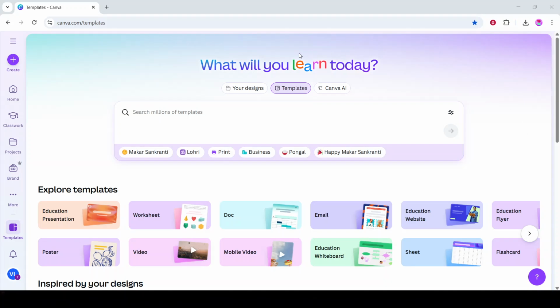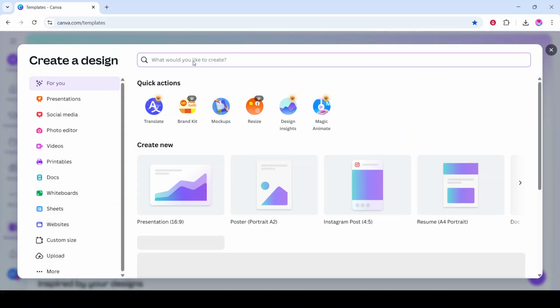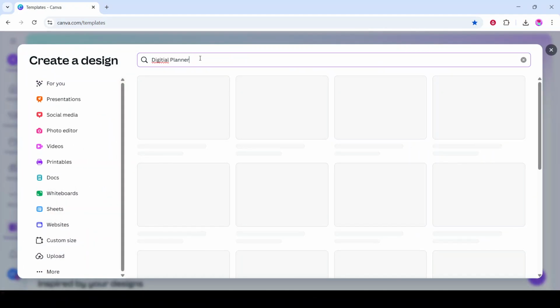In today's video, I'm going to teach you how to make a digital planner with hyperlinks in Canva. We'll go from a blank design to a clickable planner you can use on your tablet or share as a PDF. First, open Canva. Click Start, then use the search bar to look for Digital Planner and start a new